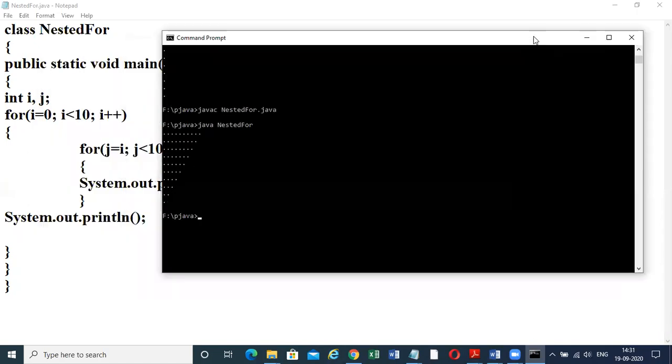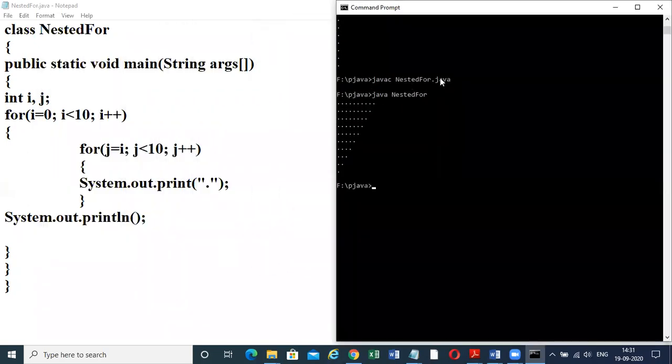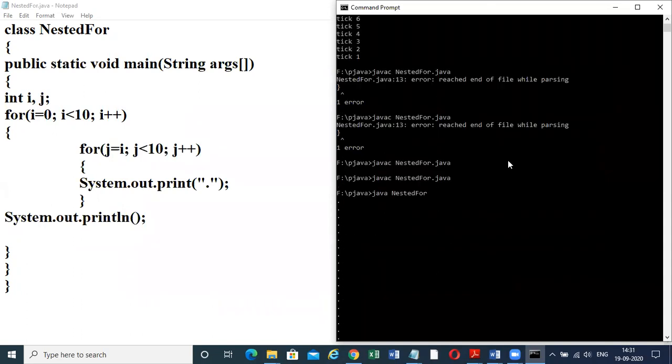Now what was the problem? Let's see. This is the output of the program that is in front of you. Now here the class NestedFor. The first problem was a bracket problem. I put a bracket here inside the for. There were 4 opening brackets, 1, 2, 3, 4, and we have closed this for loop bracket. This is the outer for loop bracket closed, and here the main bracket has been closed.